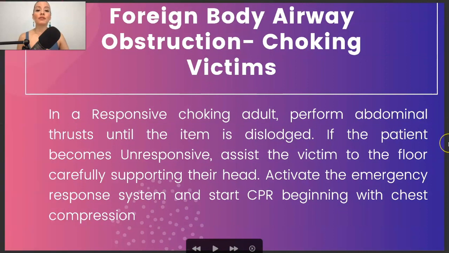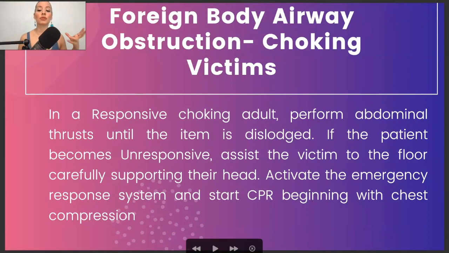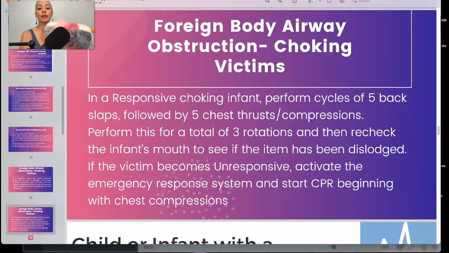If there's a foreign body airway obstruction, choking victims, what you want to do is, in a responsive choking adult, perform abdominal thrusts until the item is dislodged. If the patient becomes unresponsive, that's when you assist the victim to the floor. So you keep performing those abdominal thrusts until they lose consciousness. Once they lose consciousness, you assist the victim to the floor, you carefully support their head, you activate the emergency response system, and you start CPR beginning with chest compressions. The